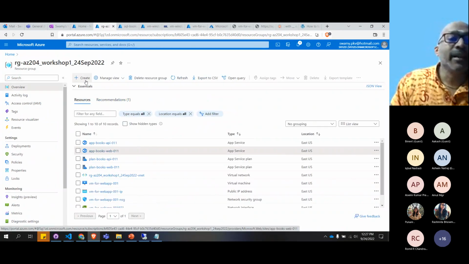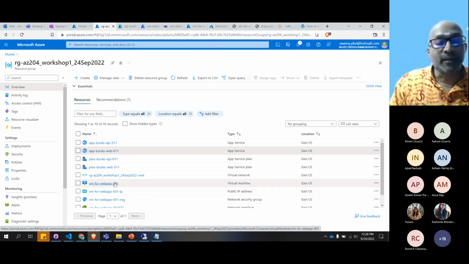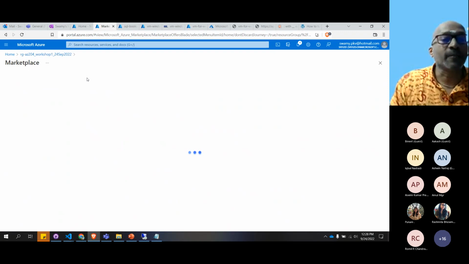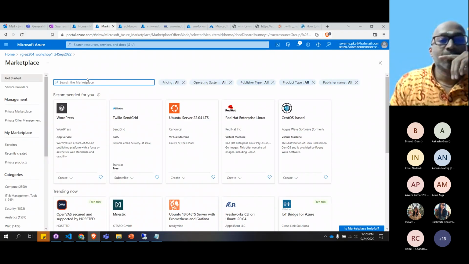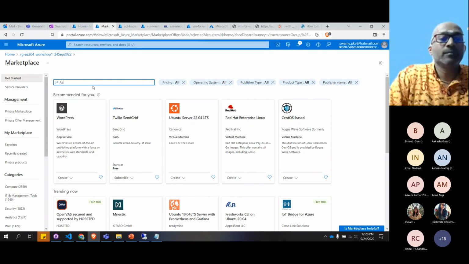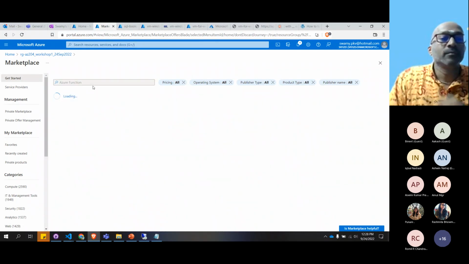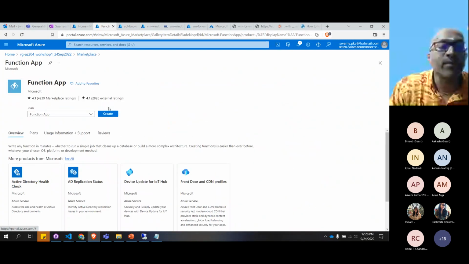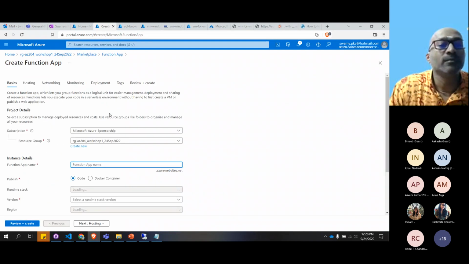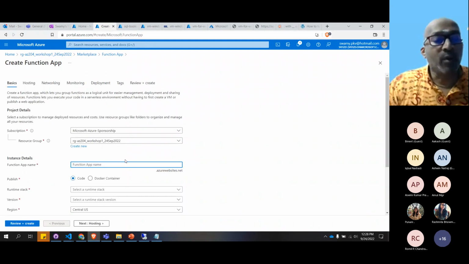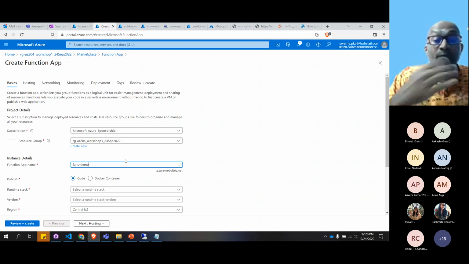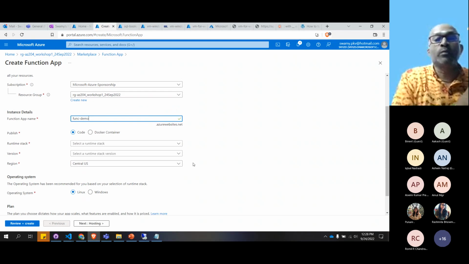Now let's create here. We'll create an Azure function. Okay, function app. We'll select a function app. And I'm calling it Func demo. We'll come and do a deep dive into functions, but I just want to touch